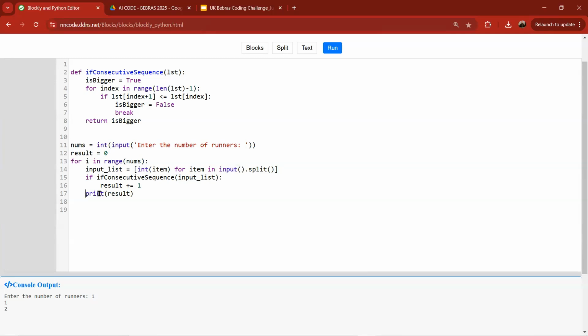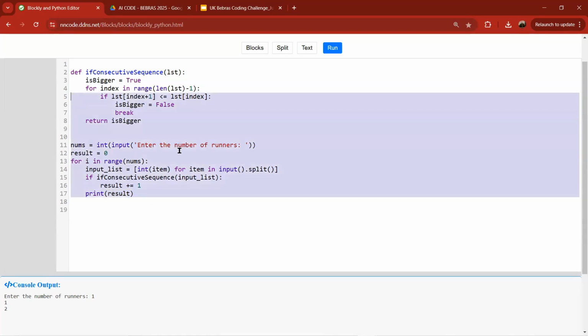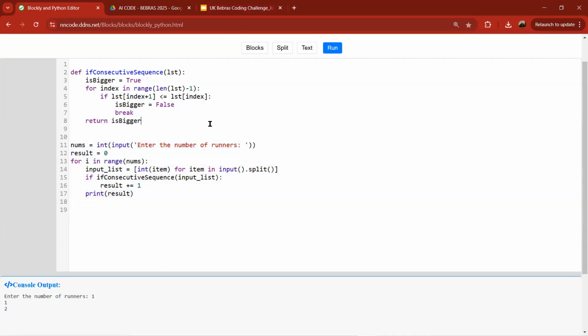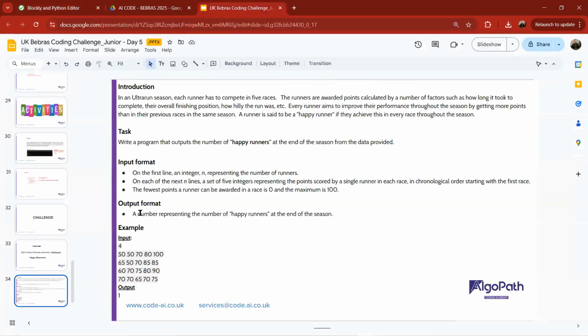And you could also have an F string here at the end, which will say your final result is 3 runners were actually improved in all of the 5 races. And that's basically the code. So that's great. Let's go back to our presentation